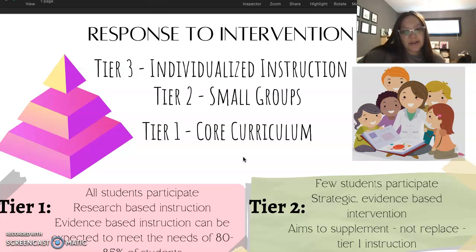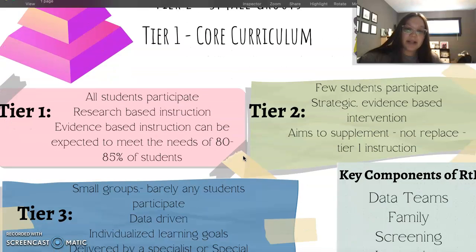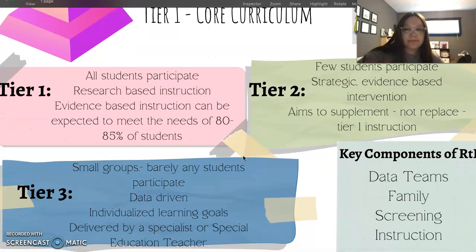So RTI has 3 levels or 3 tiers. Tier 1 I put as core curriculum, Tier 2 small groups, and Tier 3 is individualized instruction. And then I just went on and put a few bullet points for each tier. Tier 1 has all students participating. This is the class instruction as a whole. Everyone participates in it, and it's evidence-based instruction that can be expected to meet the needs of 80 to 85%